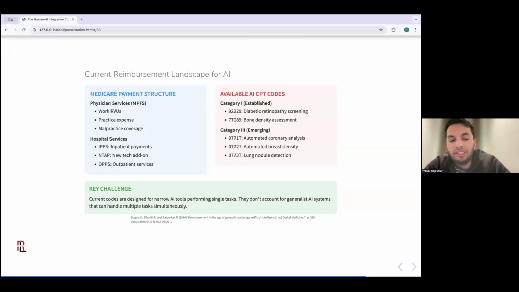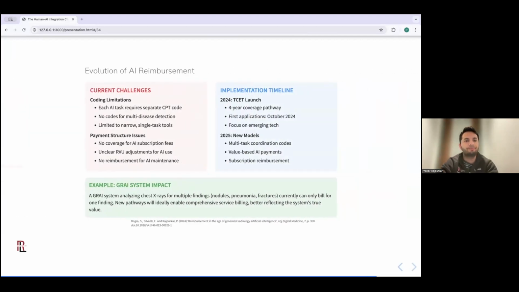One of the key challenges here with our current setup is that current codes are designed for narrow AI tools performing single tasks, and they don't really account for generalist AI systems that can handle multiple tasks simultaneously.